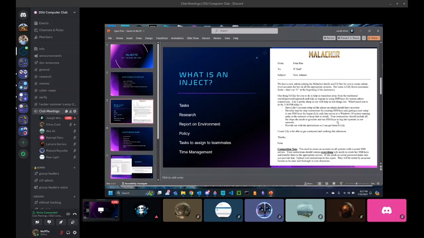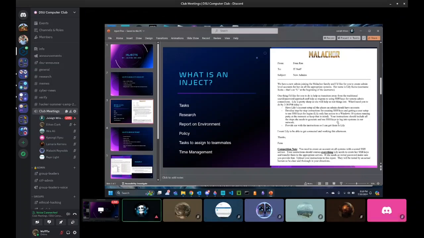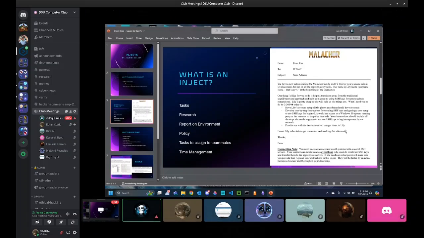So for that, I would go to someone like, say, Ethan, and be like, hey, Ethan, I know you're handling our SSH services. I need you to set up an account. I need it to have this name. I need it to do SSH keys. When you have it done, let me know, and I'll write up a quick note saying, this is done, and submit it.